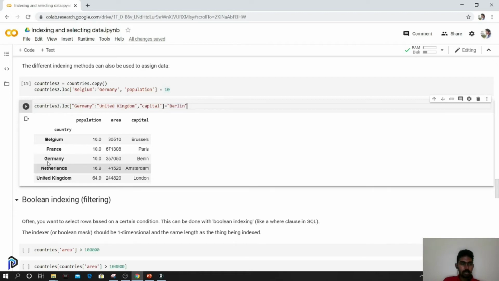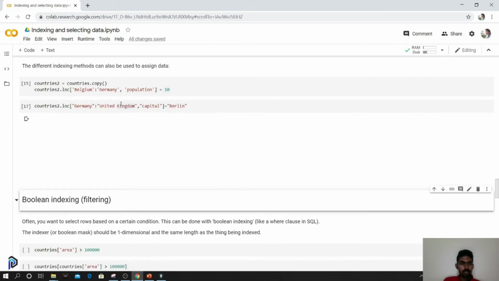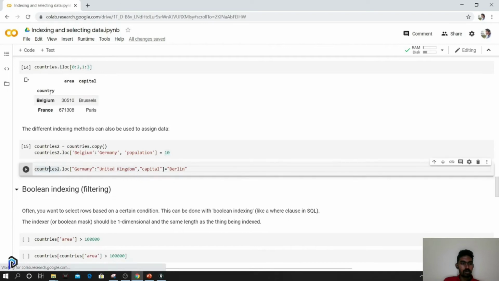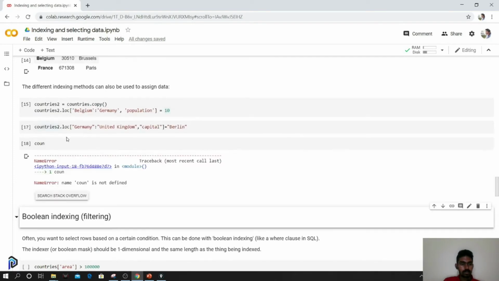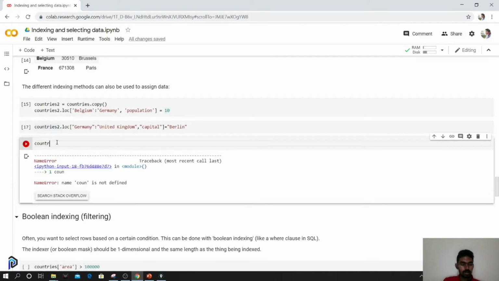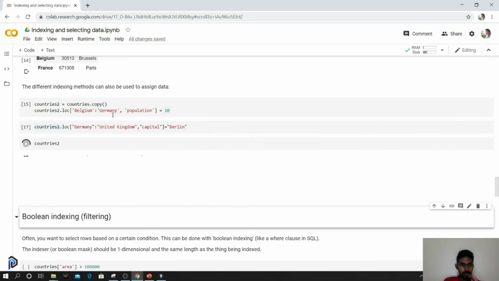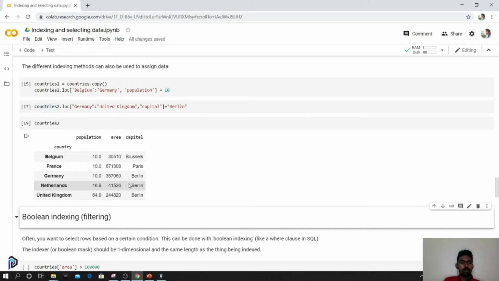Germany's capital is already Berlin, so the other capitals should also change. Okay, I'll just print it and show you. Yeah, all the values are changed to Berlin.